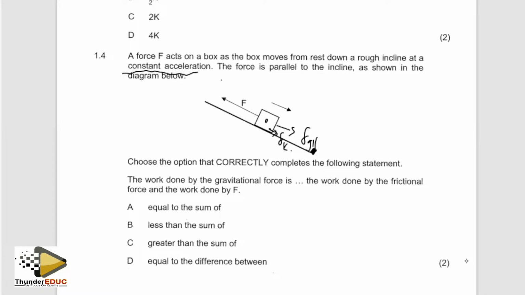Choose the option that correctly completes the statement. The work done by the gravitational force is dash dash the work done by the frictional force and the work done by F. We know that F applied is greater since the object is moving upwards, which means it is a combination of these two, the work done by the gravitational as well as the frictional force. They should be summed up if we look at the F net being equal to MA. Now the question is focusing more on the gravitational